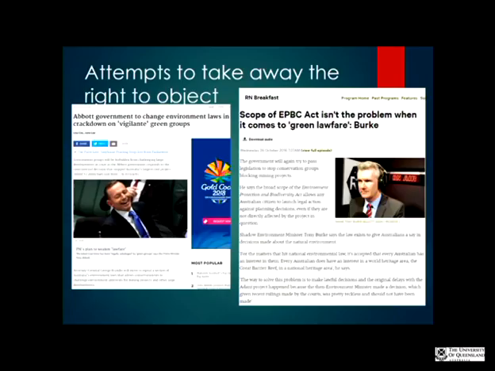We've seen real stress here in terms of the federal government looking at cracking down on what they call vigilante green groups. They're blaming those interested person clauses under the EPBC Act as being too broad and allowing too many people to challenge, particularly the mining cases. The Adani case is the main reason why the Commonwealth has been looking at this. And they're just arguing they're too broad, so it's constantly on the radar of the federal government to crack down and limit the ability of third parties to come in and challenge on the basis of environmental risk from the project. But of course that then defeats the whole purpose of the EPBC Act.